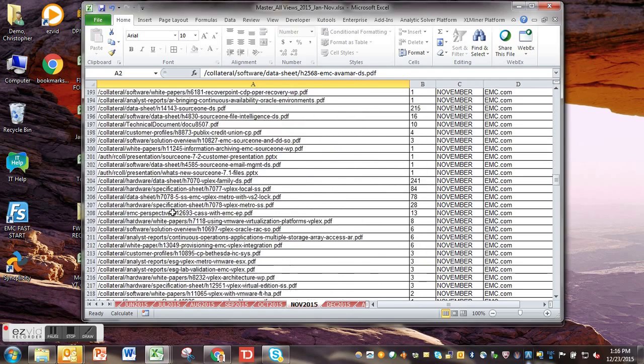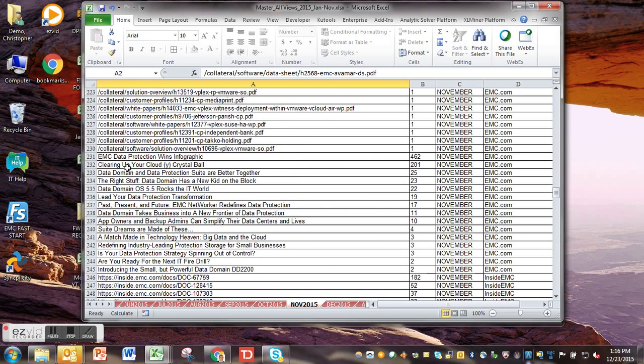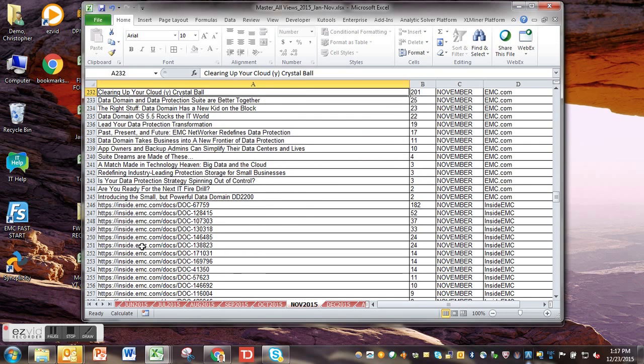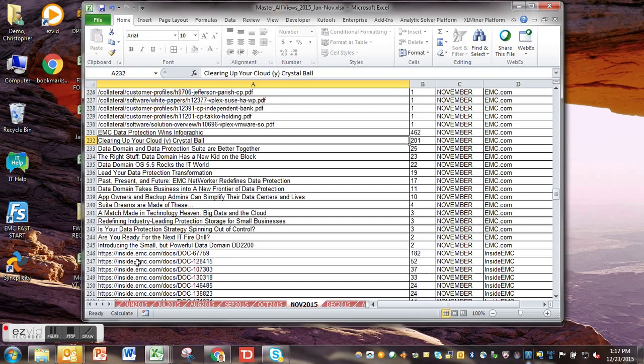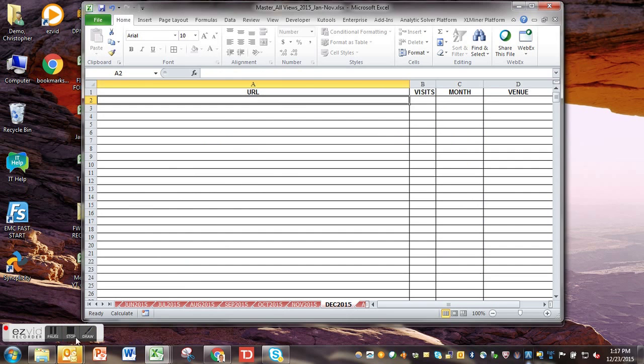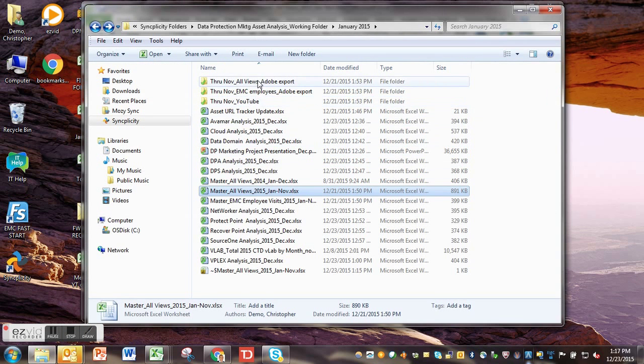I'm not sure I totally understand the logic behind that, but those are what you'll not see in the shortened URL format. And then what also doesn't get the sort of sanitization treatment is the inside EMC URLs. So essentially, you go through each of the reports here that you download from Adobe Analytics, and you would click on each one, just grab up the group